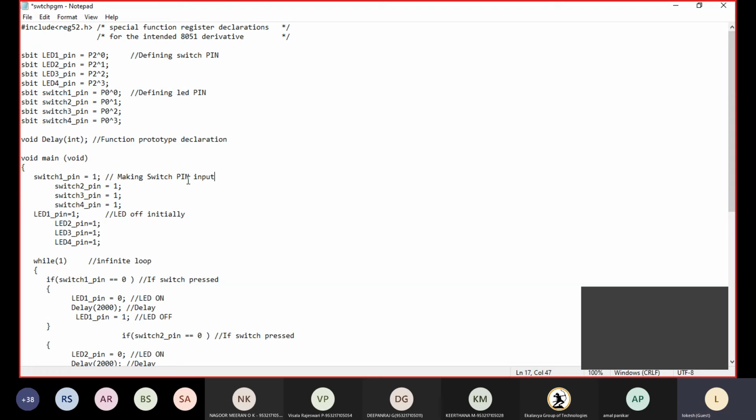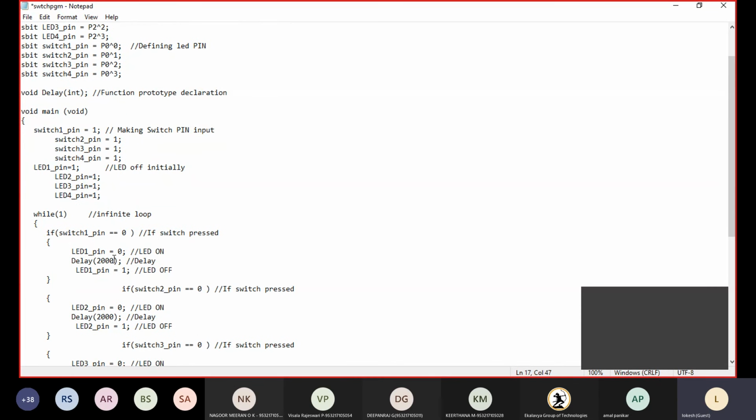Next, the switch pin is first made the input. If a particular bit I need to make an input or output, I can give it directly. First, I will give the LEDs as input.